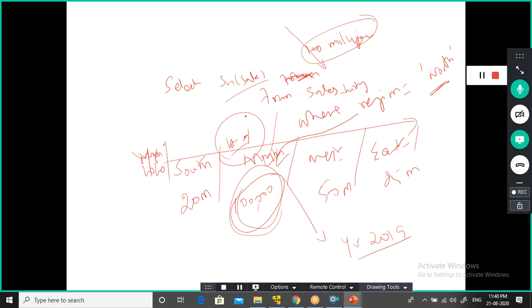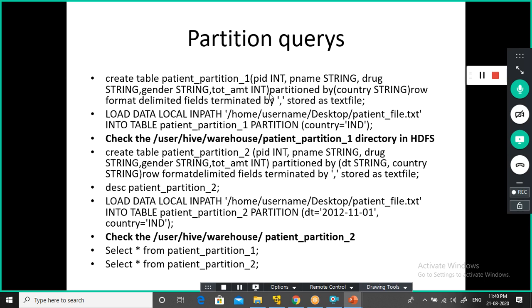And if you want to check the 2019 sales for the north region, it will go here and fetch it. That's all. Hence the performance will be faster. The key here is you need to be very clear on what kind of queries you are going to fire more frequently, based on which condition, right? Based on that, you can decide which column to use to create the partition. That is the whole idea of partition.